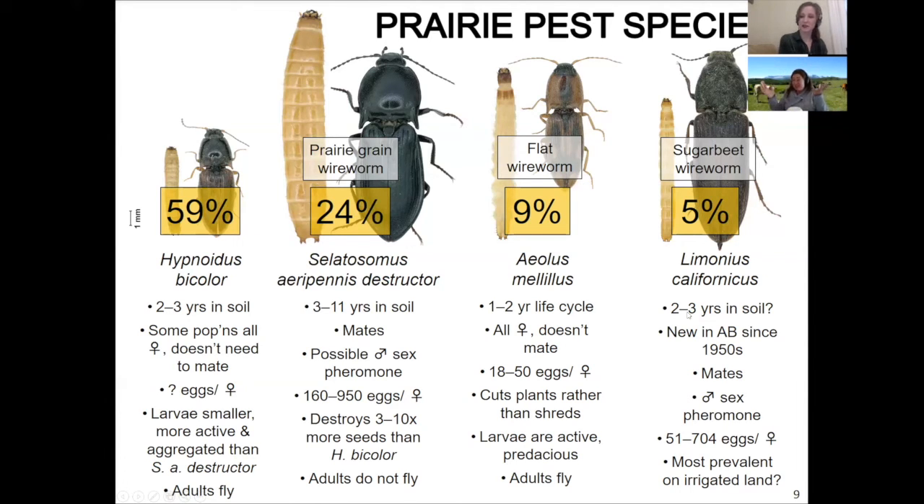We think 2 to 3 years in the soil. It's new in Alberta since the 50s. It needs to mate. It makes a sex pheromone. It'll lay hundreds of eggs per female, and it's most prevalent on irrigated land. Okay. So what's really interesting too is